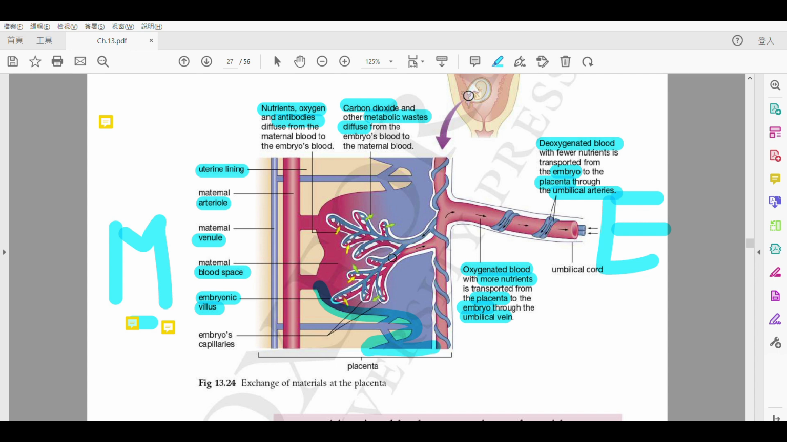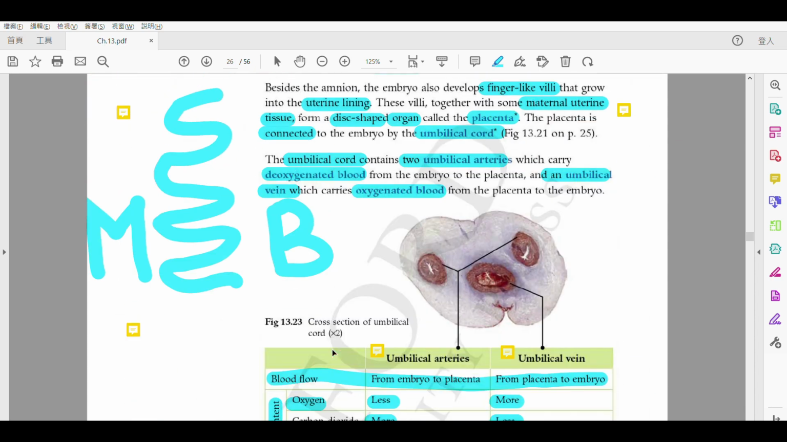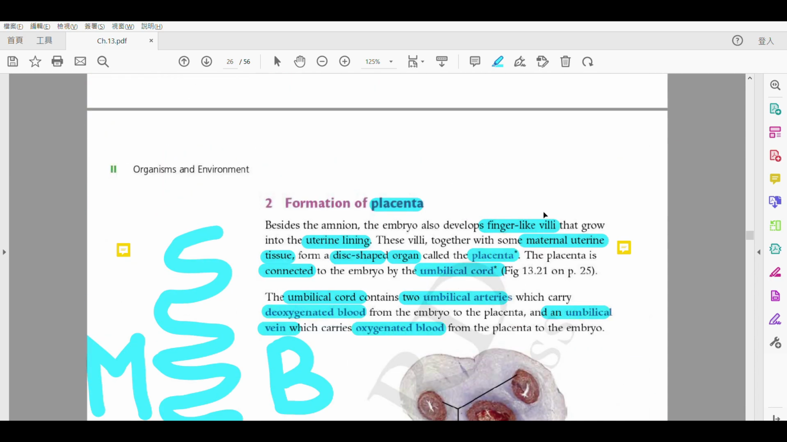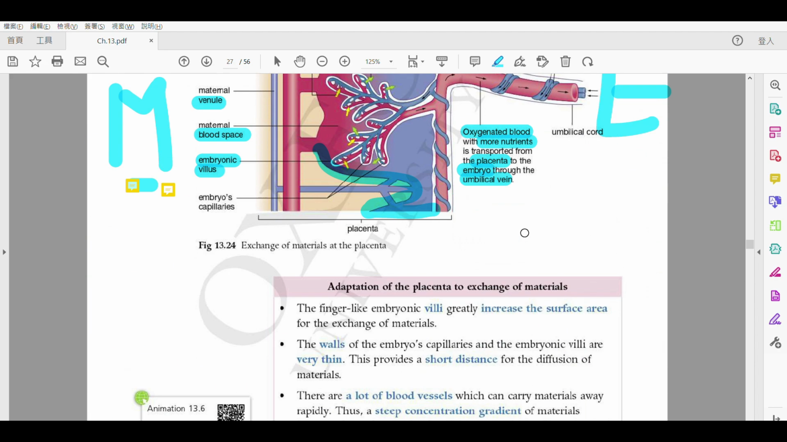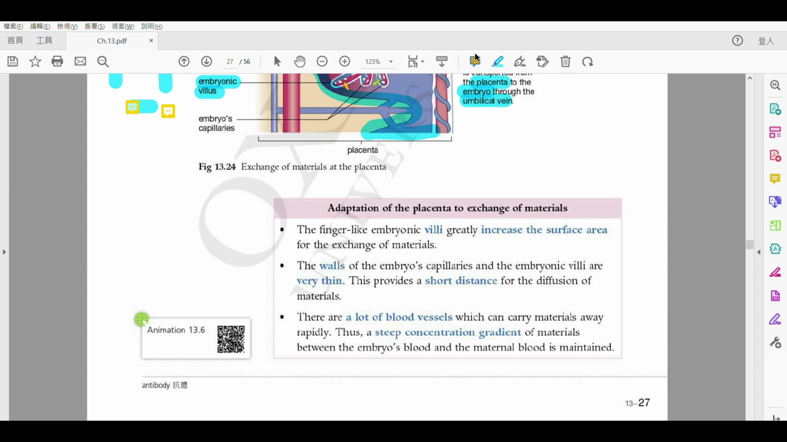Okay, so the villi will join 或者我哋會講佢會係 grow inside 啦，嗰個 villi 啦會 grow inside 啊，或者會 join 咗一個 uterine lining，咁成個位置 the whole structure we call this organ the placenta，得唔得？Okay, so we've learned about this here。Okay，呢個 villi 啦會 grow into uterine lining，然後啦 together with 呢個 maternal 嘅一個 uterine structure 啦，就會 form 咗一個 organ 叫做 placenta 啦。